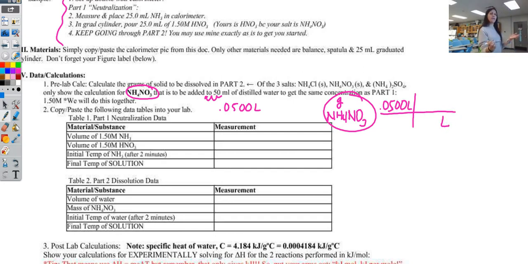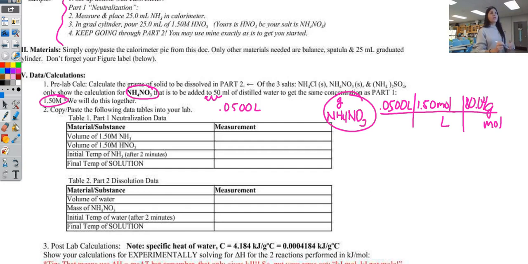Okay, from liters, if you remember when we did this in the second unit, we could use moles per liter. We're trying to get grams. So we know the molarity. We said that we want the molarity to be 1.50 molar. So let's make this 1.50 moles per liter of the solution. Now I'm in moles, awesome, because all I need to do now is switch to grams. I can just look it up online, Google the molar mass of ammonium nitrate, and it ends up being 80.04